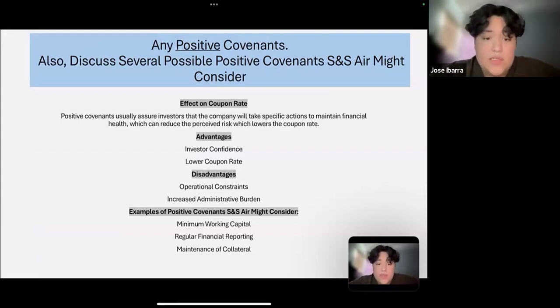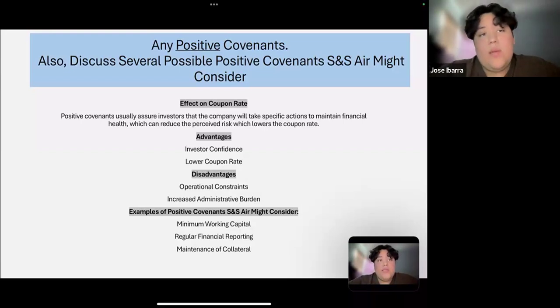Moving on to disadvantages: operational constraints, having to stop doing other things in order to compensate for these covenants, and increased administrative burden, meaning more paperwork and more administrative work in general. Looking at specific examples that SNS Air might consider would be minimum working capital, regular financial reporting, and maintenance of